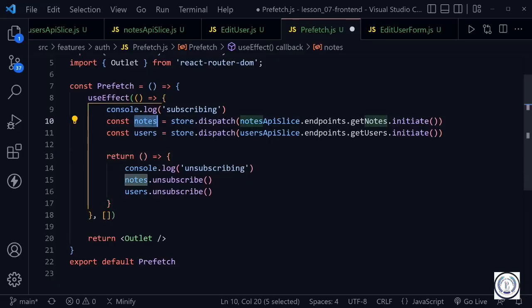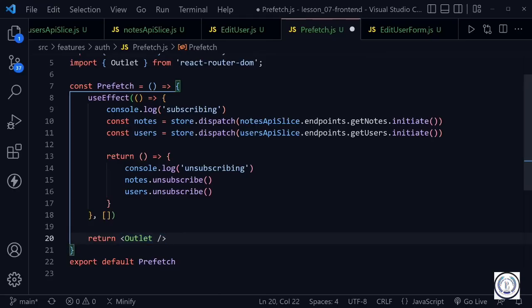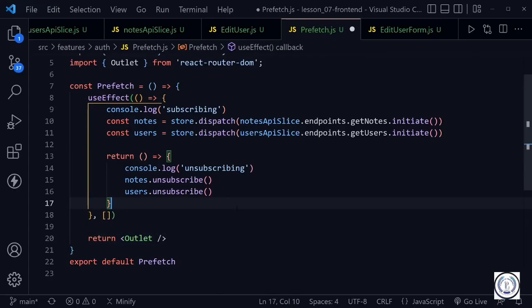But we're going to create a manual subscription to notes and another manual subscription to users that will remain active. That way we have access to that state and it will not expire in 5 seconds or in 60 seconds, which is the default. And then we'll unsubscribe if we ever leave the protected pages. Of course, this returns an Outlet, so all of the children. We're going to wrap our protected pages in this Prefetch component. This will also help us when we refresh the page and we still want to have that state, including pre-filling